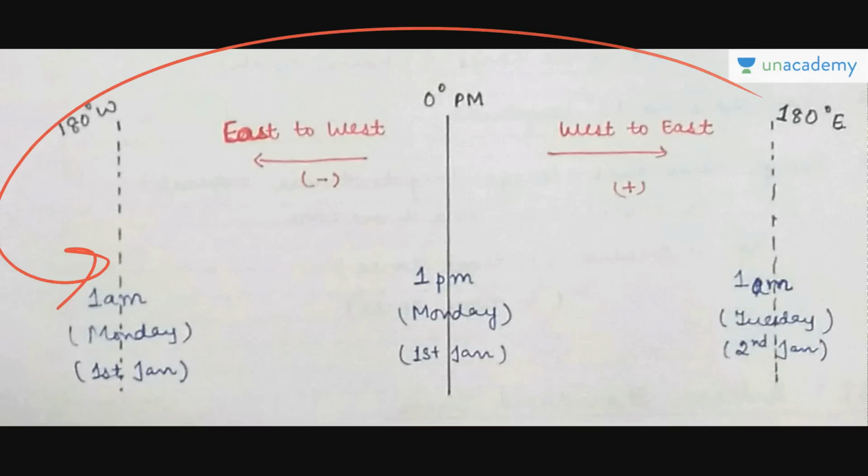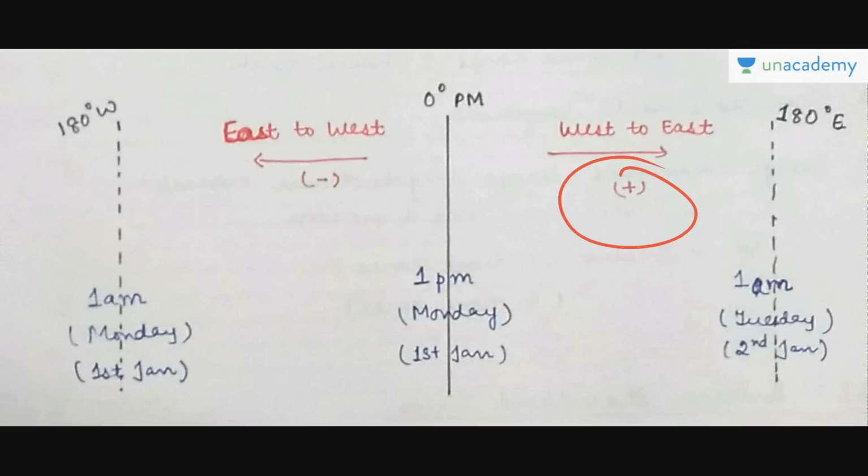So the gaining concept is this: here the day is this and here the day is this. The time is the same because of the time zone. The day is here 2nd January and here it's 1st January, but you are gaining it in the sense that you have already lived this 1st January when you were here. But when you cross this line and come here, you are again getting a chance to live this day. Alright, so in that sense it is gaining a day.